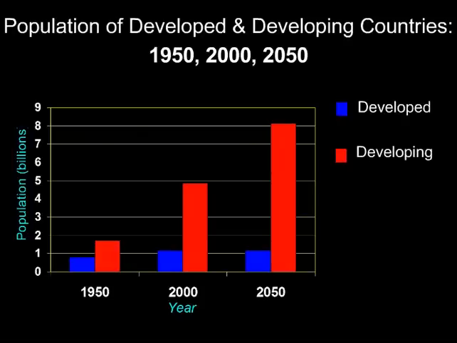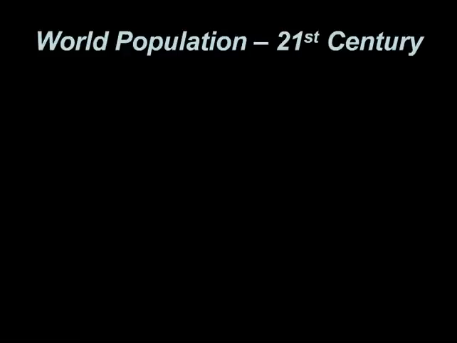And so this is another way to showcase the idea of developing countries is where we're going to see continued population growth. And so by 2050, for every 1 person in a quote-unquote developed country, there will be 7 in a developing country. So some characteristics as we go on through this next century.